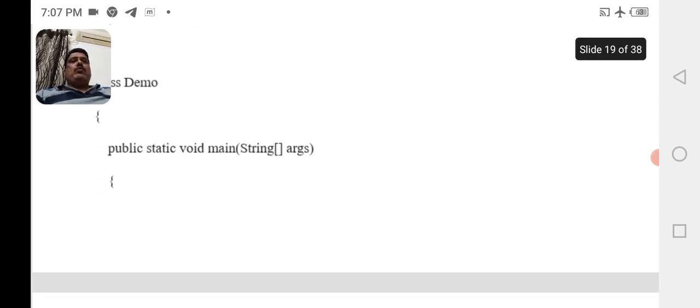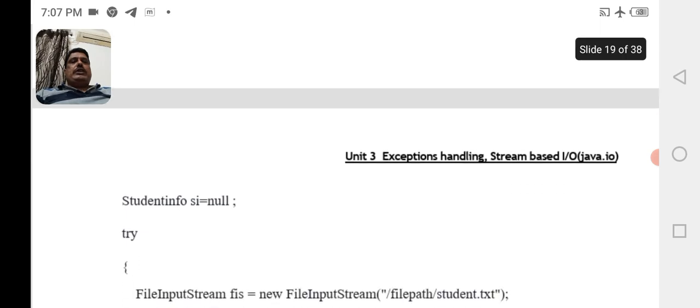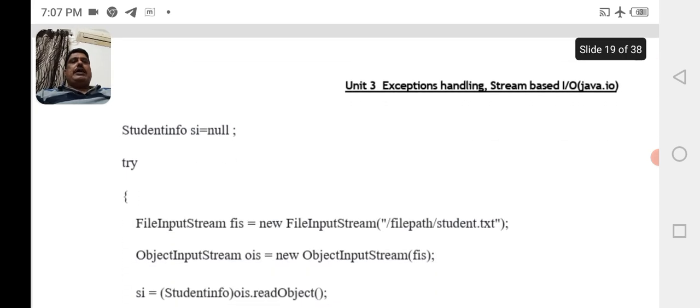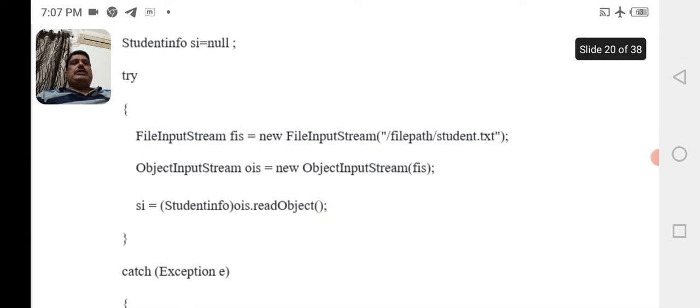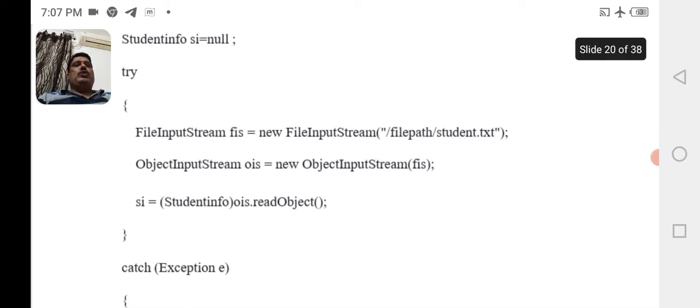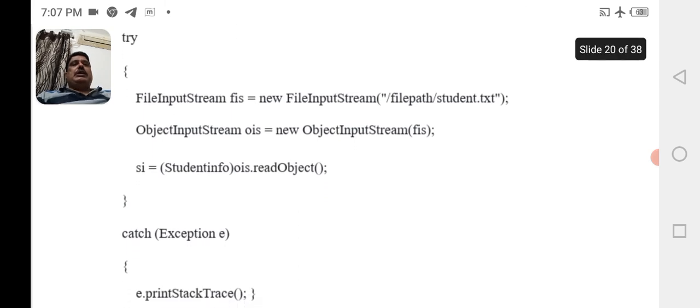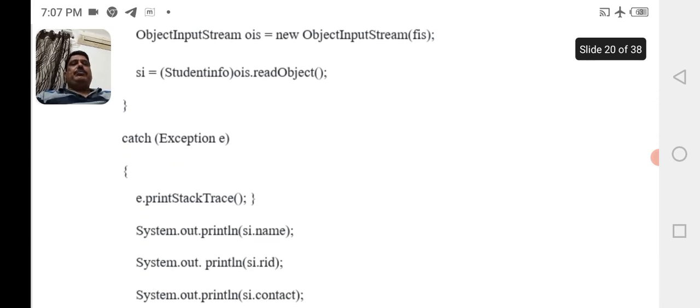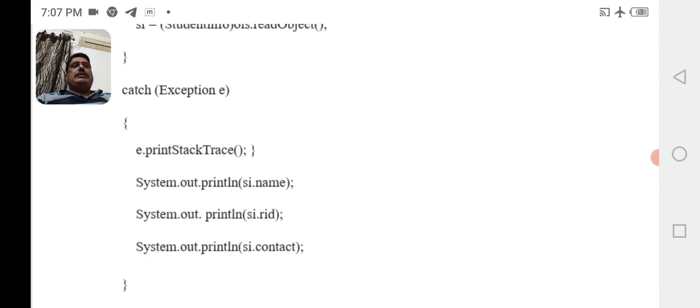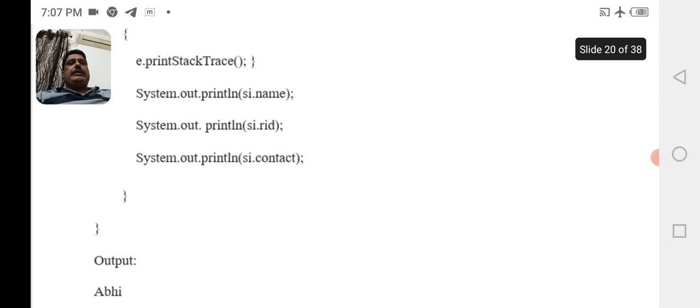class Demo, public static void main(String[] args) { StudentInfo si = null; try { FileInputStream fis = new FileInputStream("student.txt"); ObjectInputStream ois = new ObjectInputStream(fis); si = (StudentInfo) ois.readObject(); } catch (Exception e) { e.printStackTrace(); } System.out.println(si.name); System.out.println(si.rid); System.out.println(si.contact);